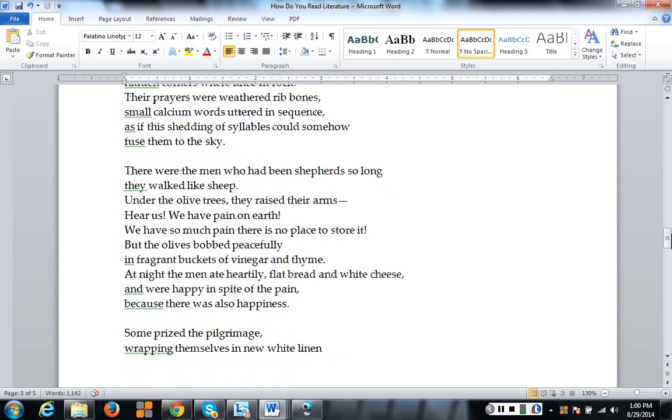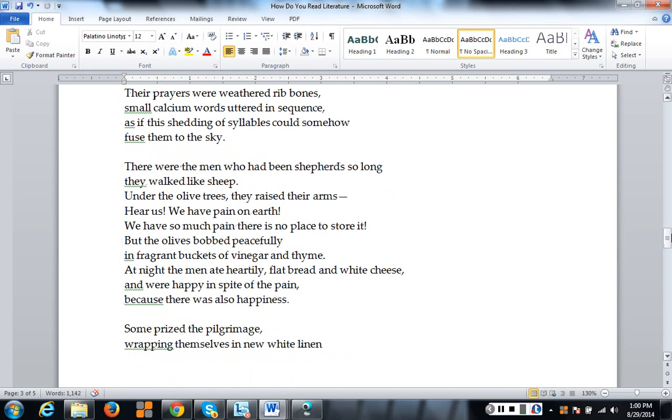There were the men who had been shepherds so long they walked like sheep. Under the olive trees they raised their arms. "Hear us! We have pain on earth. We have so much pain there is no place to store it." But the olives bobbed peacefully in fragrant buckets of vinegar and thyme. At night the men ate heartily flat bread and white cheese and were happy in spite of the pain, because